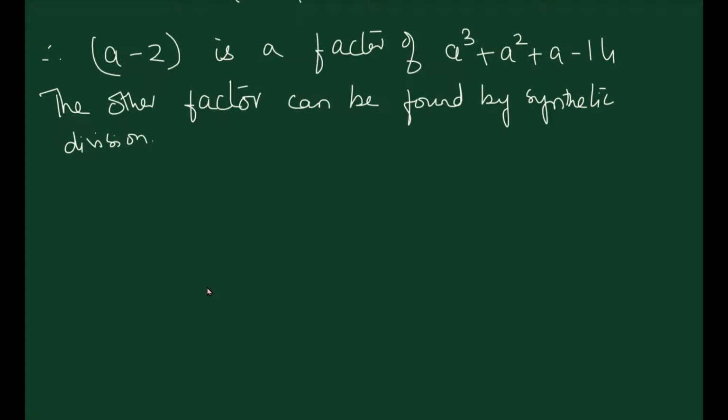Now what is synthetic division? If you remember, we put it this way. We put two lines like this perpendicular to each other, and then we take the coefficients of the given expression. The coefficient of a cube is 1, a square is 1, a is 1, and minus 14 is written as it is. And a minus 2 is written over here, so a is equal to 2, so 2 we write over here. Then if you remember, the first term,